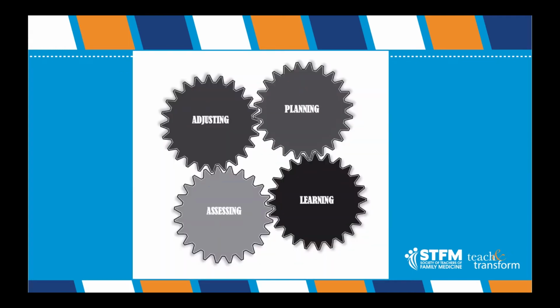The Master Adaptive Learning model has 4 phases: planning, learning, assessing, and adjusting. Those of you that do quality improvement work will recognize that this looks a lot like the PDSA cycle that we use for quality improvement: plan, do, study, act. What better metaphor for ourselves as practitioners and our trainees than to think about doing PDSA cycles on ourselves as learners? Now I'm going to expand a little bit about each of these phases.